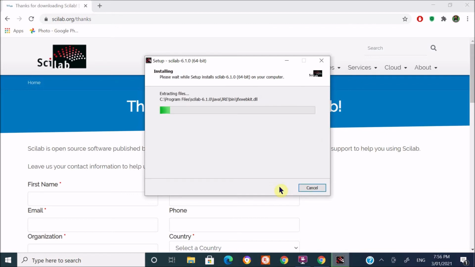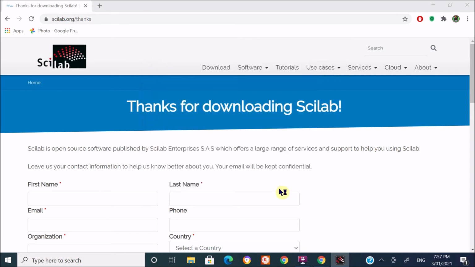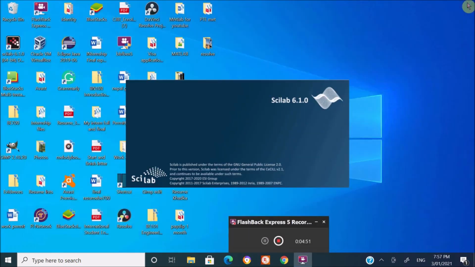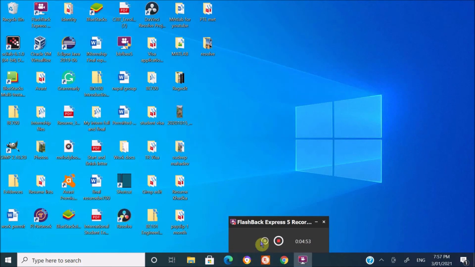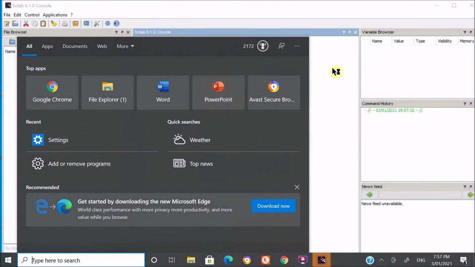And here you can see the installation has been started. So once the installation is complete, just click on finish, and that's it. Scilab has been installed on your PC. And just to try, you can open the Scilab